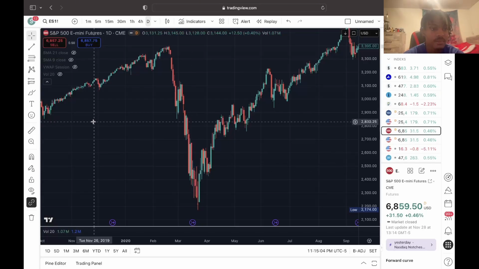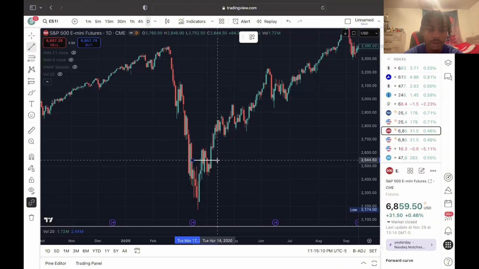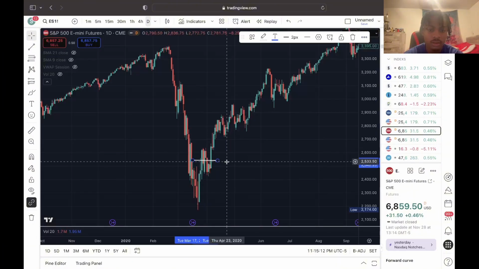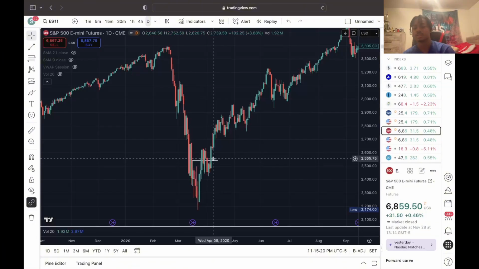So I know that if we can get above that high right there and stay above it and have a strong candle close above it, then I know we see a change in the market structure, as in a change of character,